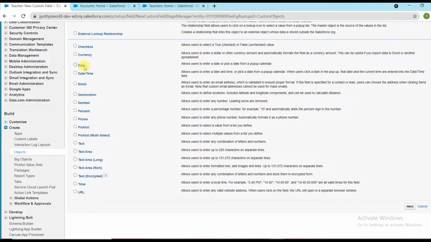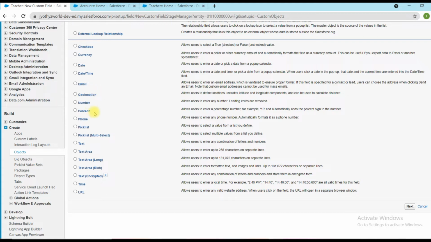Date allows the user to enter the date or pick a date from the pop-up calendar. Date/time is available as well. Email also provides a standard validation. Whenever we create a field with the type email and enter an invalid email, it will trigger an error. Geolocation can be provided.